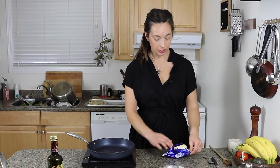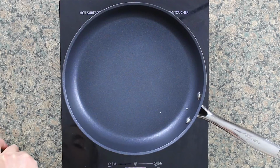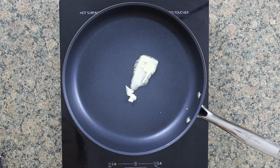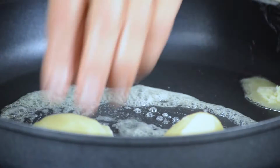So it's pierogies glazed in balsamic vinegar and dusted with Parmesan cheese. So pretty straightforward. I'm just gonna heat my pan back up here. Start with a little bit of butter. Not a ton, it's a non-stick pan. And then I'm just gonna drop the pierogies in, and I do kind of want them to get a little